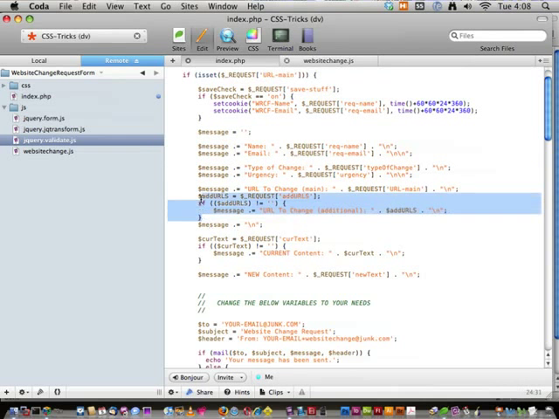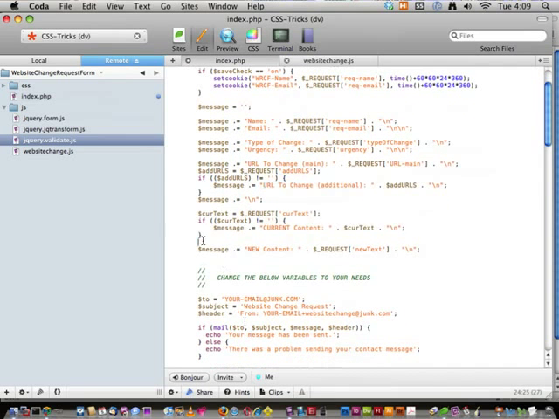Now, if there are additional URLs, then append it. If not, don't append it. So this URL to change line will only be present if there are URLs to change, if that checkbox was checked, in other words. So it's not like there's going to be a blank line in there if people didn't choose that. It's just not going to have that line at all. It's going to do the same thing for current text. In the situation that they're adding new content, remember this thing slides away and goes away. That means it just won't have that line in the email,